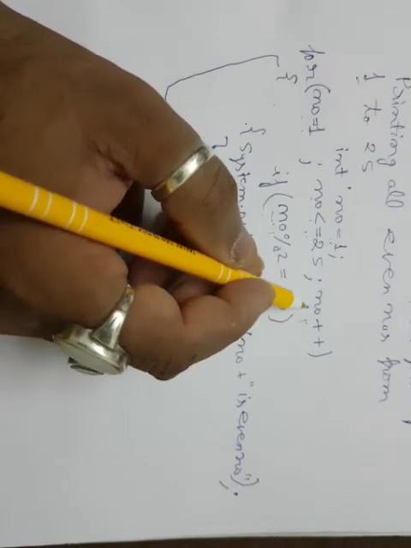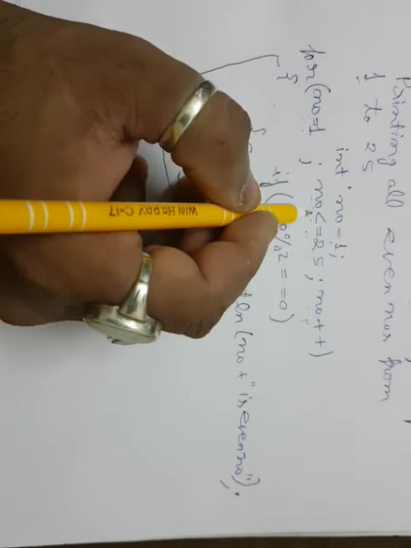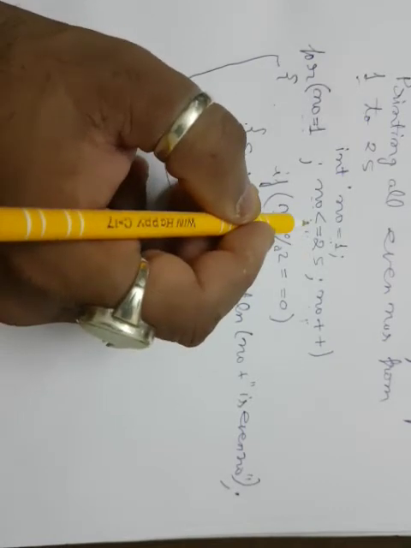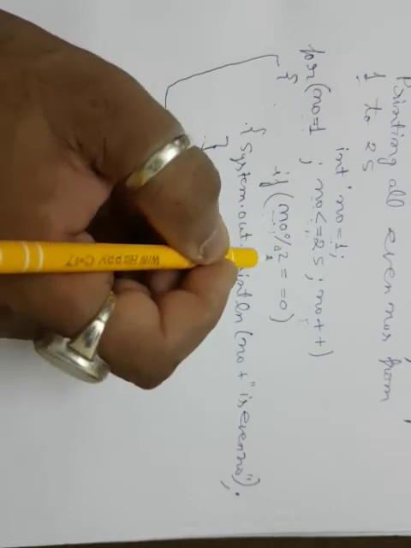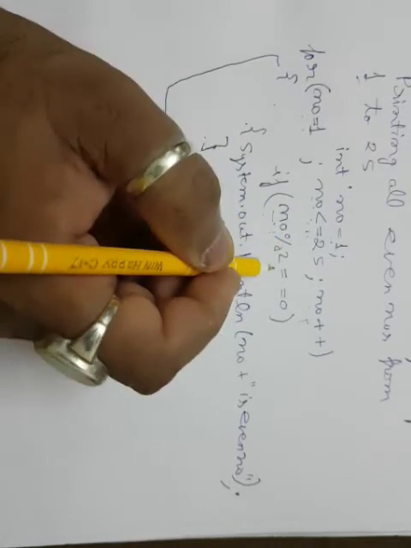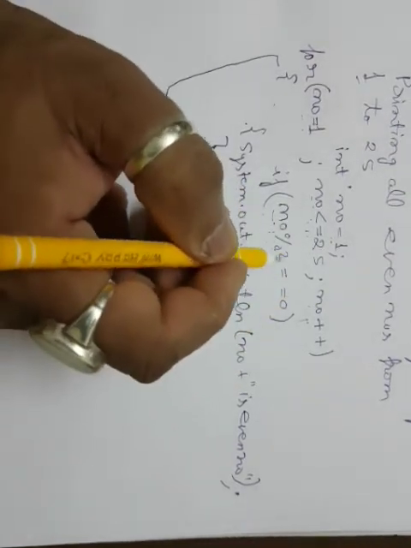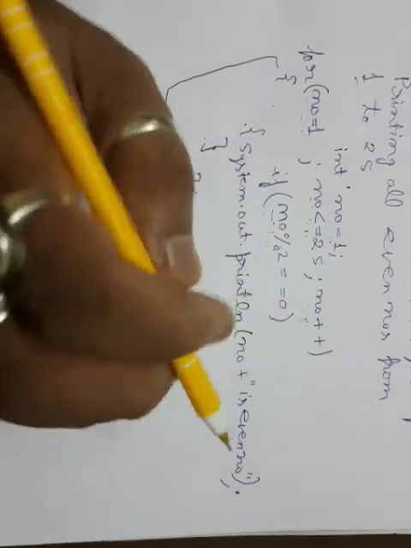Then it becomes 2. Then it is checked. 25 is bigger than 2, or I can say 2 is less than 25. So again this is true. The control comes here. It is validated. This time it is true. 2 is divisible by 2. So number is even. So that cycle continues and we get all the even numbers.